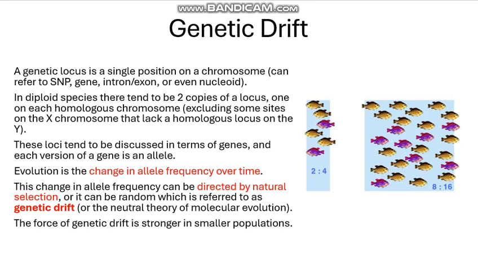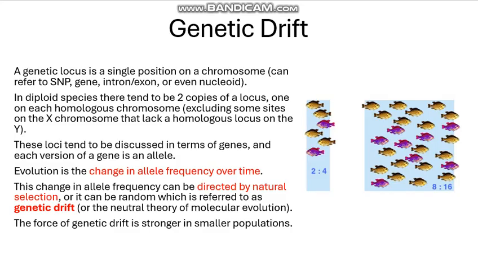And then you also have genetic drift, or the neutral theory of molecular evolution, where the allele frequency change between generations is due to just random chance. And the force of genetic drift is stronger in smaller populations. So if you see the two populations on the right, they're both kind of 1/3 purple fish, 2/3 yellow fish,